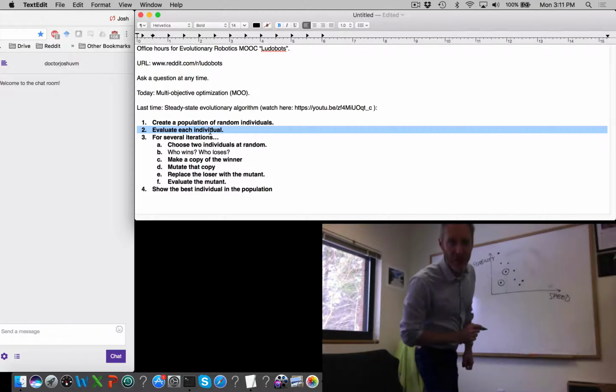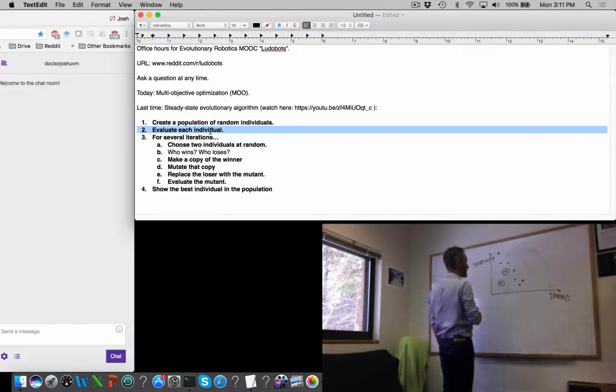So that's step 3A. Now we come to step 3B, which is who wins and who loses here. Well, let's consider these 2 individuals. I'm going to call them individual I and individual J, just for the moment. And we can see in this case here that I is slower than J. So here's the speed of J, and here's the speed of I. We can see that I is slower than J. And we can also see that J is more stable than I. So J is